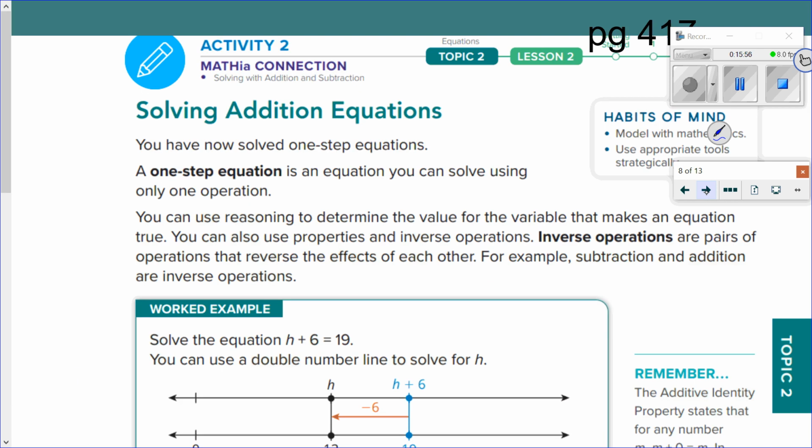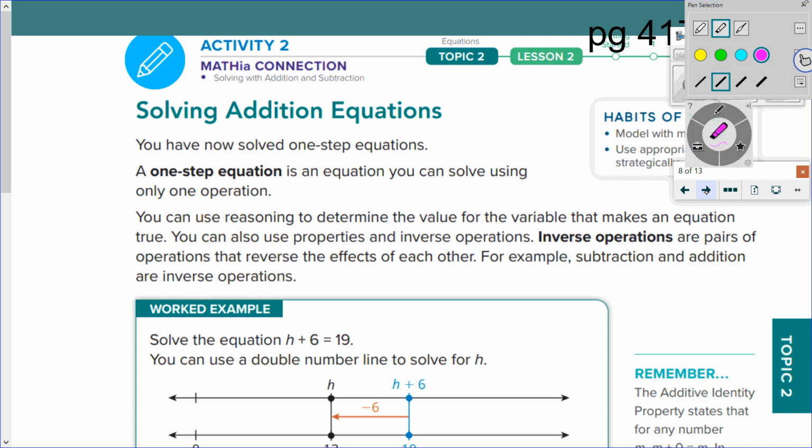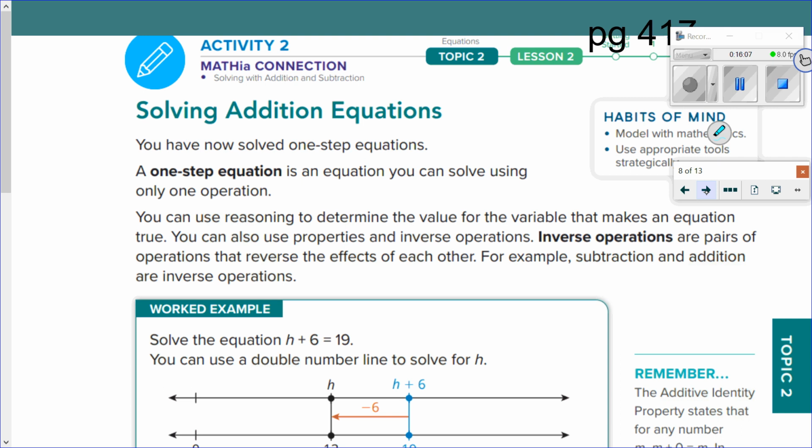Okay, let's go to page 417. We need our highlighters or something to mark our text. Highlighters would be best. What about pencil? Color pencil works. A pen would actually be okay. Guys, quiet down, please. So on this one, we have one-step equation is an equation you can solve using only